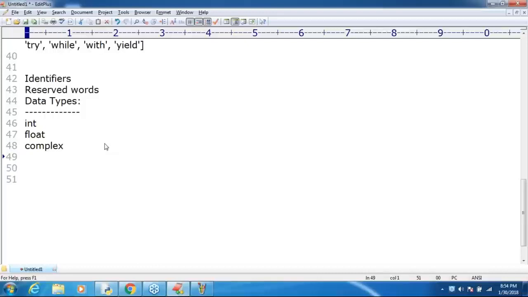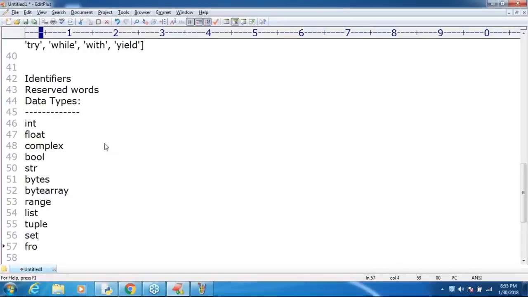Next, bool means boolean, sir. Next, str. Next, bytes. Next, byte array. Next, range. Next, list. Next, tuple. Next, set.